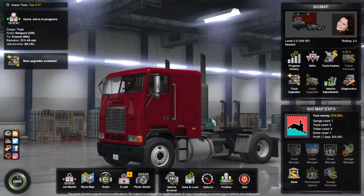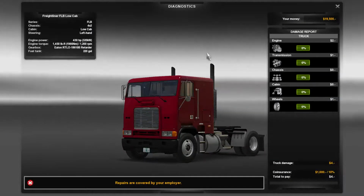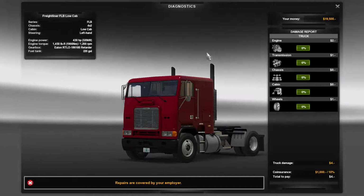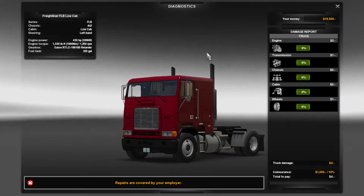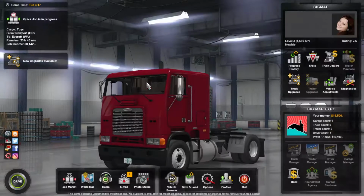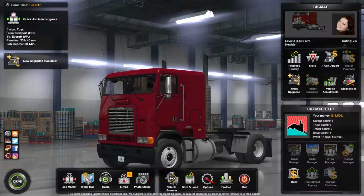So the truck I'm using in this video is the Freightliner FLB. It is by Harven and it is available on the workshop. This particular example has a 430 horsepower engine. It has a 10-speed gearbox and it is on a 4x2 chassis configuration, and I'll take a cargo of toys